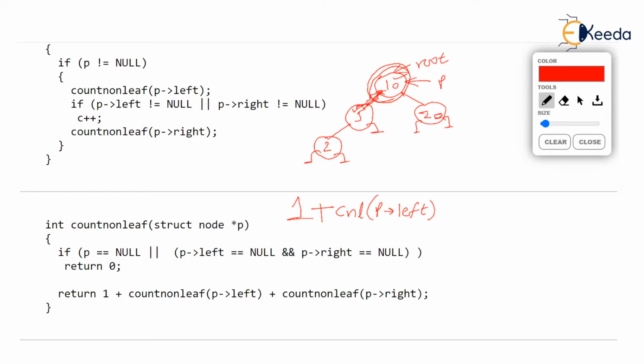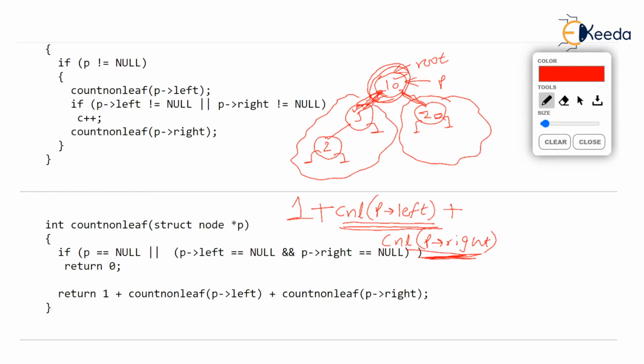So this function is appointed for doing the work of counting the number of non-leaves in the left branch of 10, plus add it to how many non-leaf nodes, count non-leaf, on the right. So this recursive call, count non-leaf P arrow right, is going to take the recursive call for 20, and it is going to count how many non-leaf nodes are there in the right branch, and count non-leaf P arrow left is going to count how many non-leaf nodes are there in the left branch, and both these counts will be added, obviously.